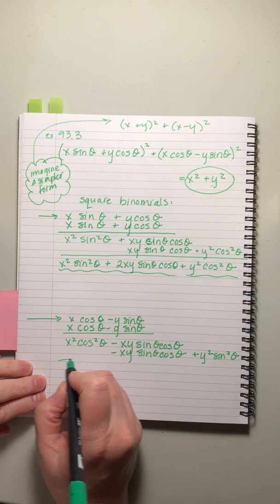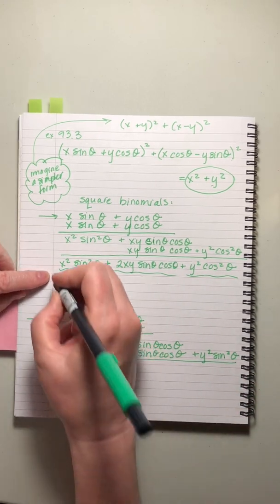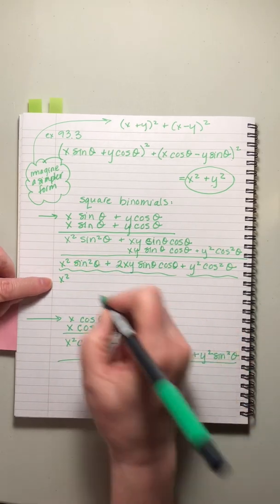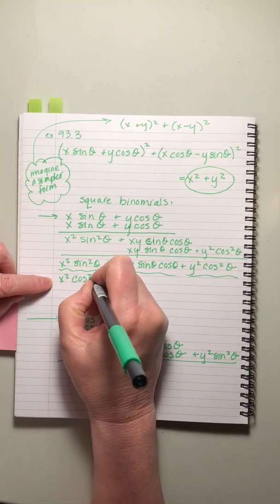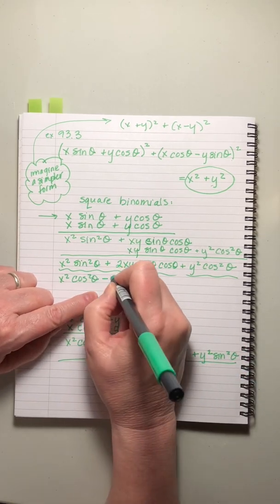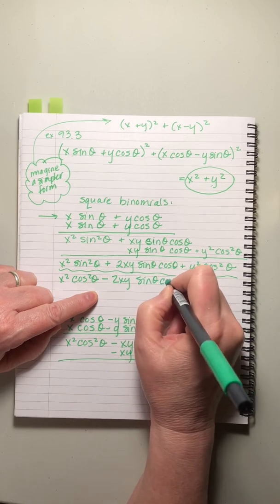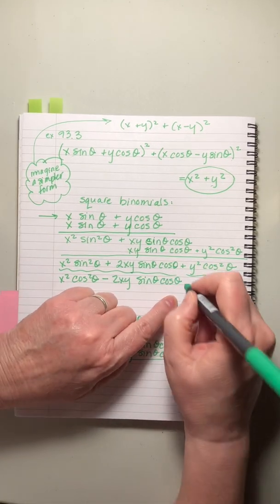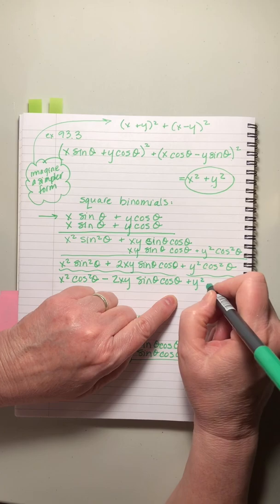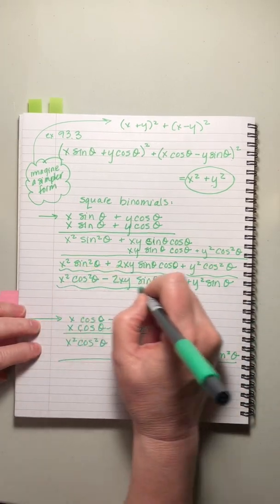Okay, when we add them together, I'm going to write the answer up here. It's x squared minus 2xy plus y squared. Okay, so there's our,